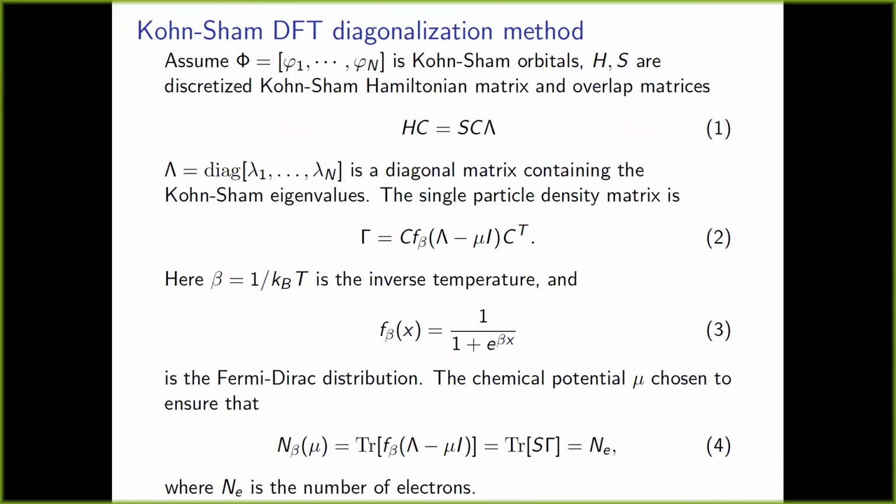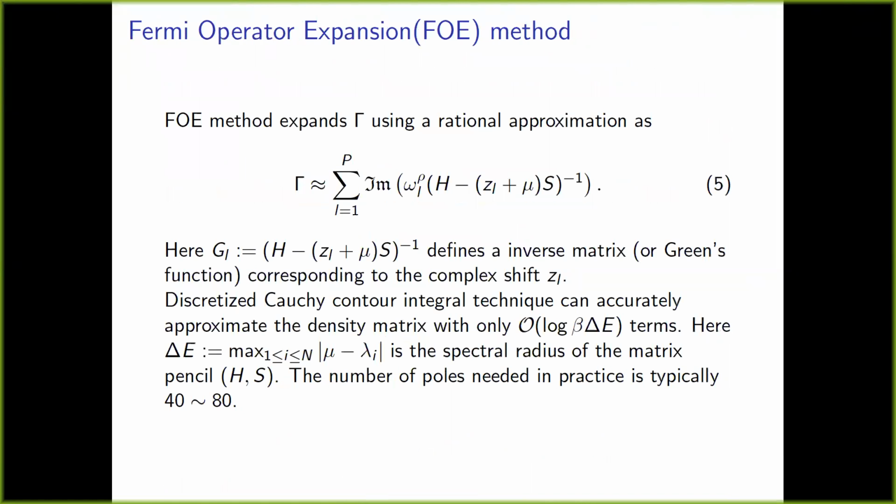In conventional DFT, the most widely used algorithm, I think, is the direct diagonalization method, where you can calculate eigenvalues of the Hamiltonian matrix. However, there is another way of expanding the Fermi Dirac operator into some simple functions, such as the Green's function or rational approximations. The FOE method is trying to do that in